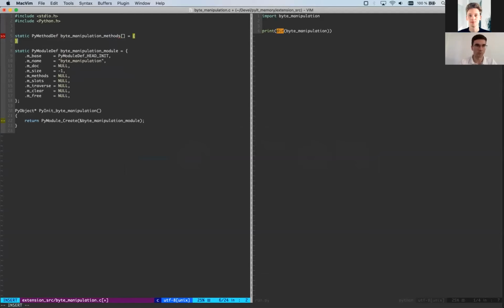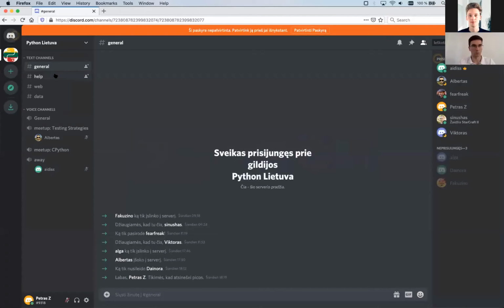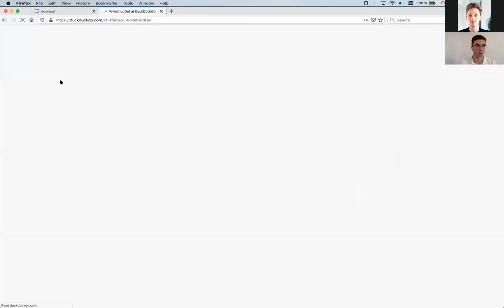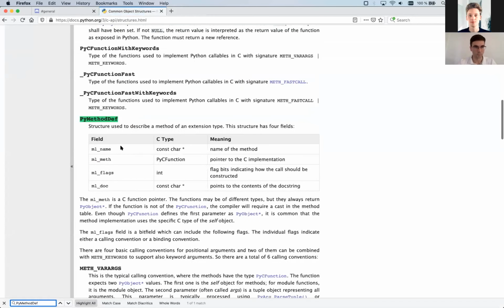It's going to be a static array. I'm going to define it in place. Let's take a look at how it actually looks. Okay, it looks like that.